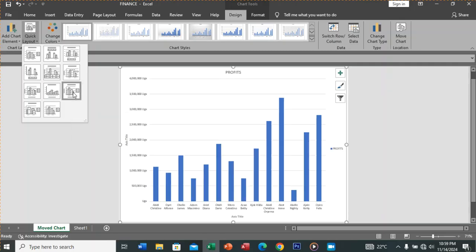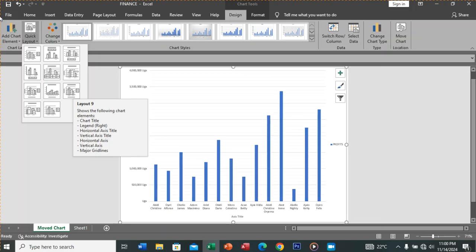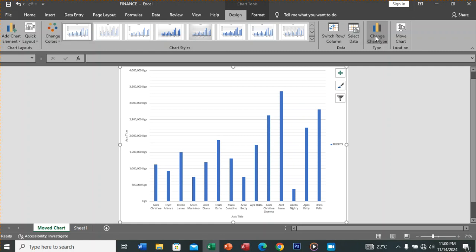It is not something complex, but it's just a matter of exploring, taking your time to discover the power of the tools that exist along the standard formatting tools bar, along this bar here. And we can change the chart,